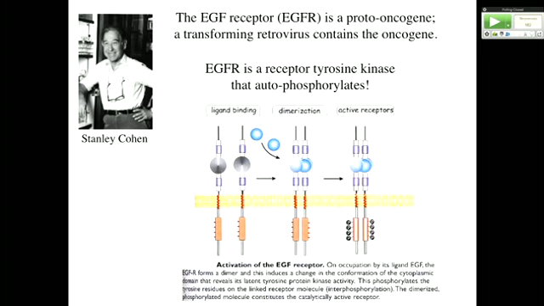What that would mean if one is a cancer geneticist is that, well, if that's true and the EGF receptor is upstream of RAS and RAF and MEK and MAP kinase, then we should find the EGF receptor as an oncogene. There should be human tumors or viruses that contain oncogenes